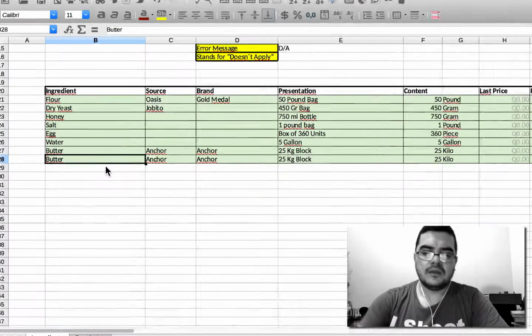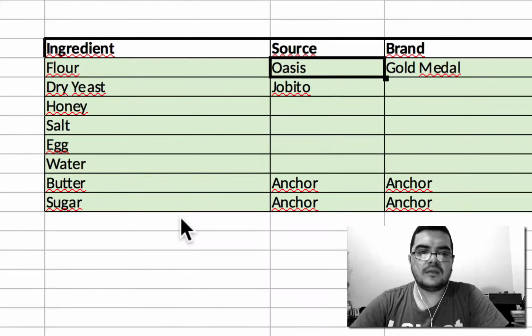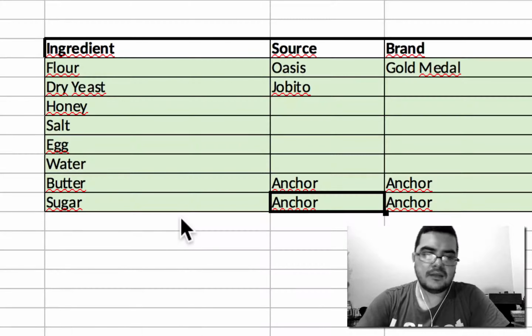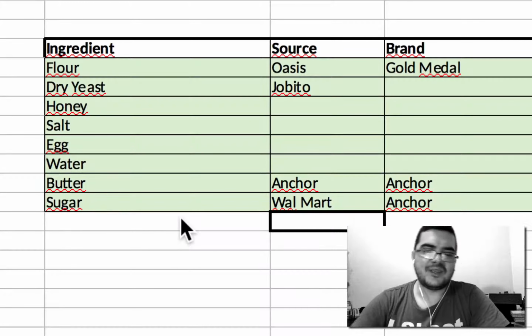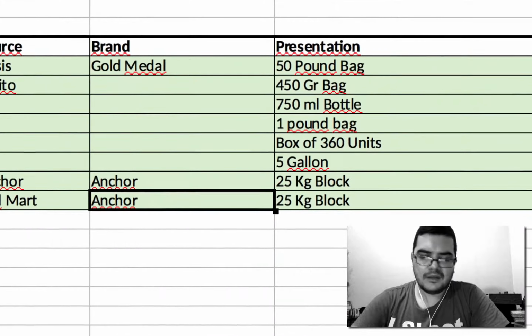Just enter. So for example, if you want to input sugar, you buy sugar, and then this column is for the source. I want to put here where I buy the ingredient, so let's put Walmart, something you will recognize, right? Brand,